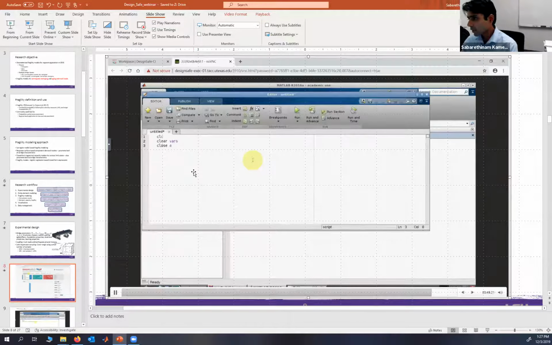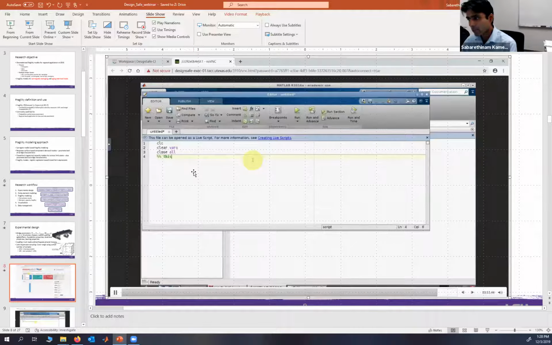So I'm just starting to work on a file here, which is for the pre-processing and which does Latin hypercube sampling, which for us in the research workflow is step 1, which is experimental design. So this is just creating a file for Latin hypercube sampling. The next slide I'll cut to the next demo, which shows what the next step is.